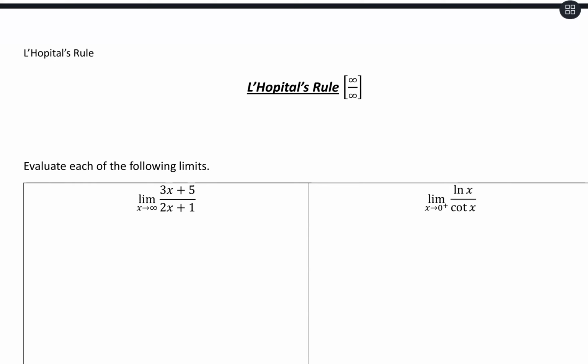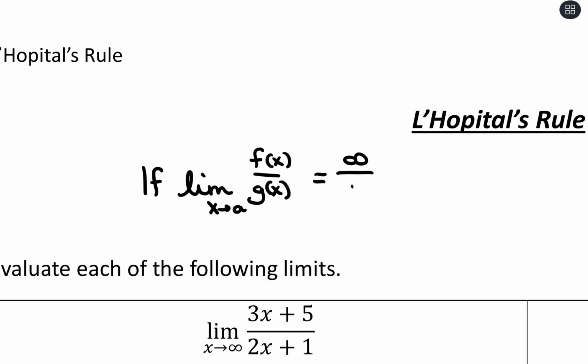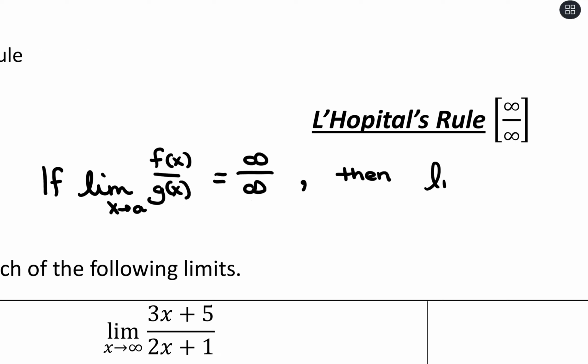Another indeterminate form we're going to look at is if we have infinity over infinity. We can apply L'Hopital's rule with this as well. So if we're taking the limit as x approaches a of some f of x divided by g of x, and when we evaluate that limit, if we get out infinity divided by infinity, and plus or minus doesn't matter here, we can also see negative infinity coming out, then evaluating that limit, we can apply L'Hopital's rule that says